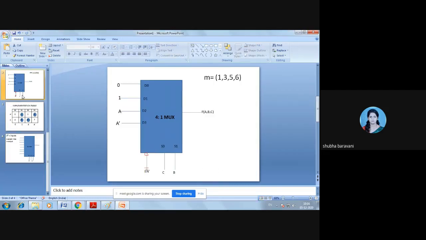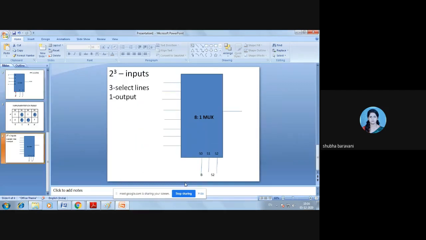What we had done here: S0 to C, S1 to B. So here I'll connect D to S0, then C to S1 and B to S2. Okay, up till here is it understood?